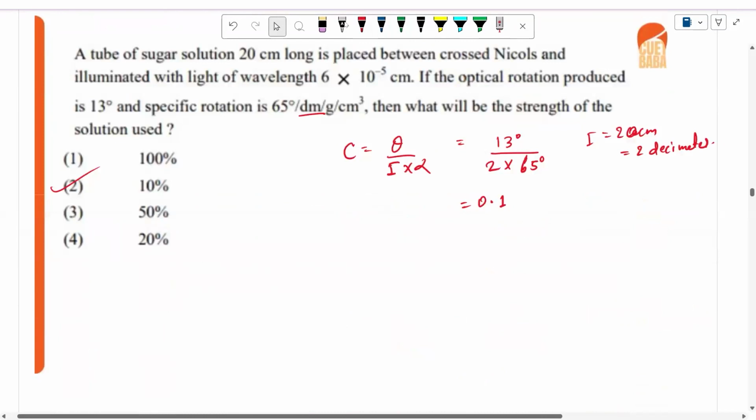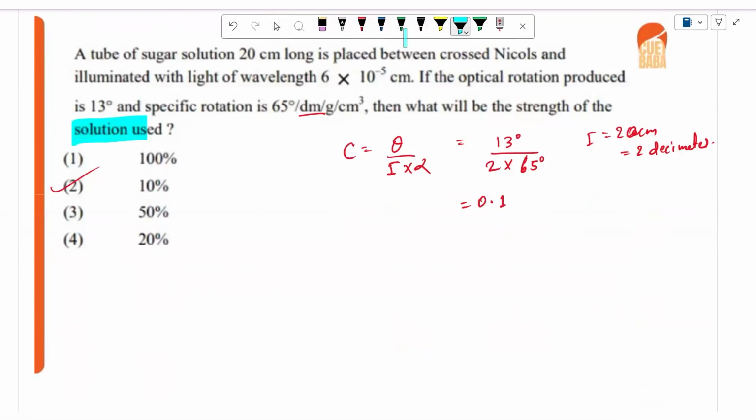Now, in this question, it is asked to calculate the strength of solution used, right? And a specific rotation given, wavelength given, okay? And sugar solution length is given. And specific rotation's unit is decimeter. So first of all, we will convert the sugar solution length, this is the length of the sugar solution,